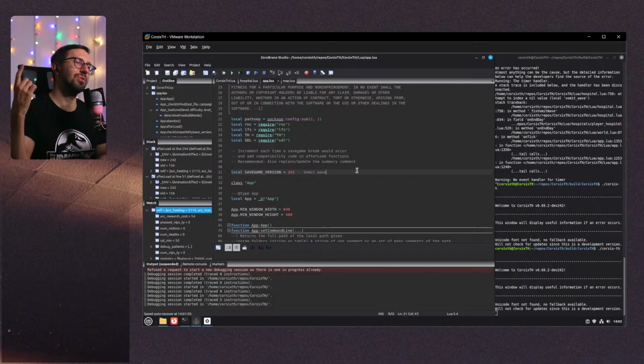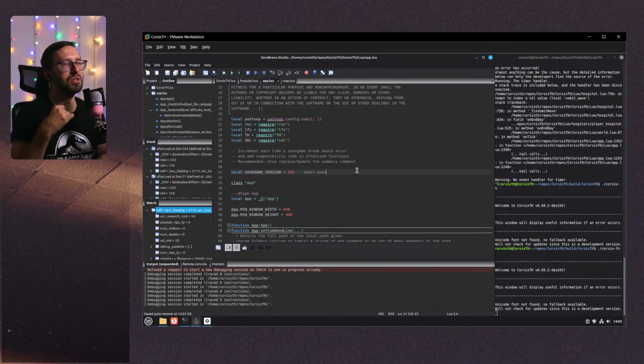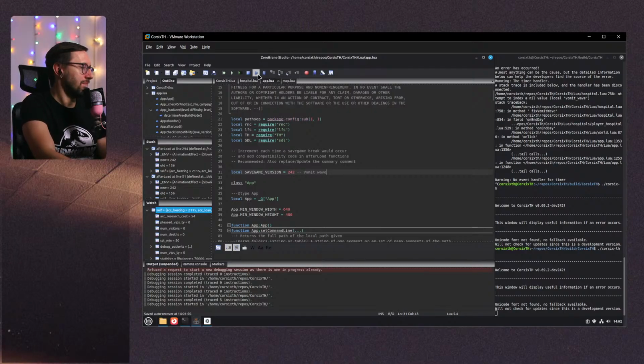So now I have to use 242, and I don't know which version I will end up with, because while I'm doing this, people are updating the save game version at the same time, so I will have to rebase before I merge my code,